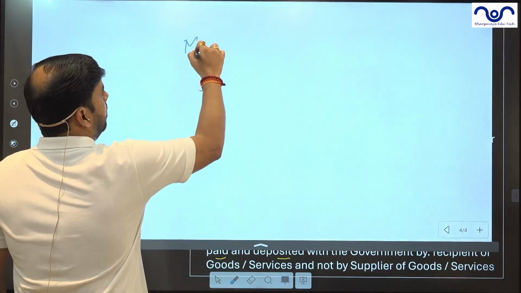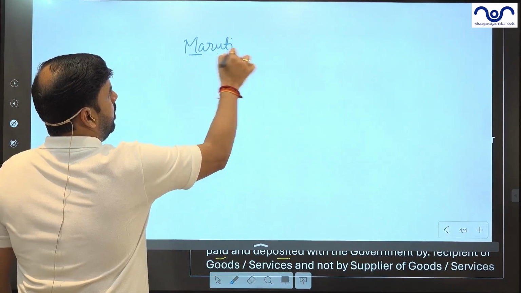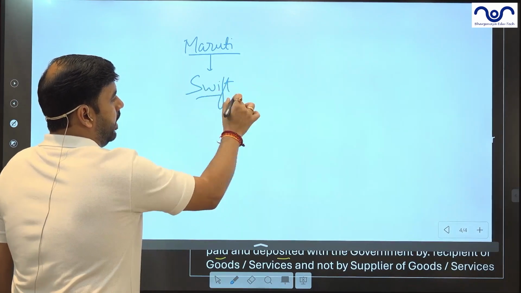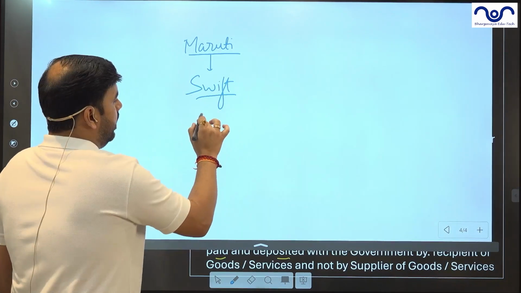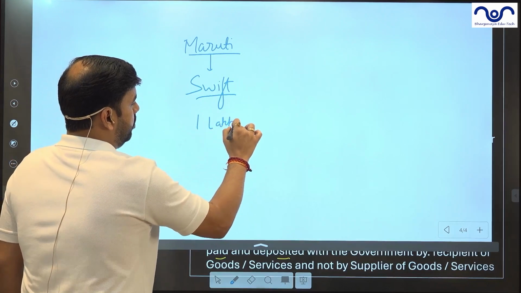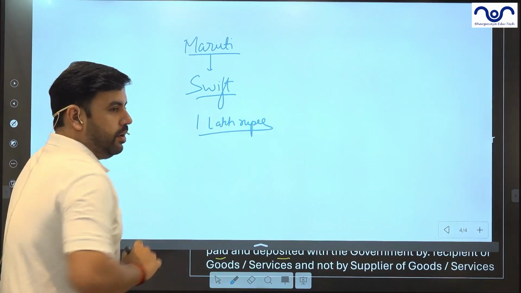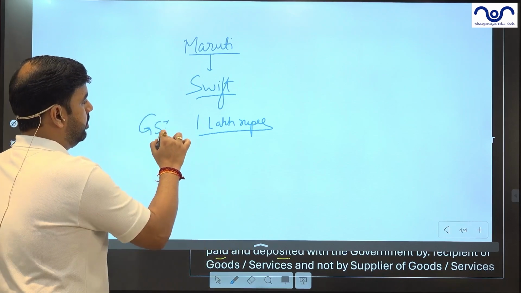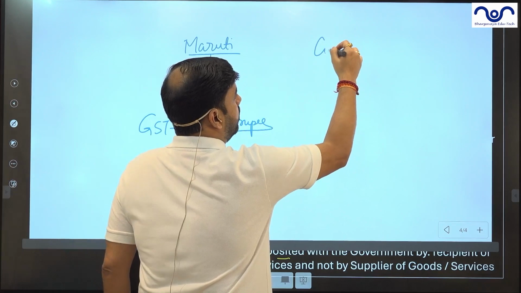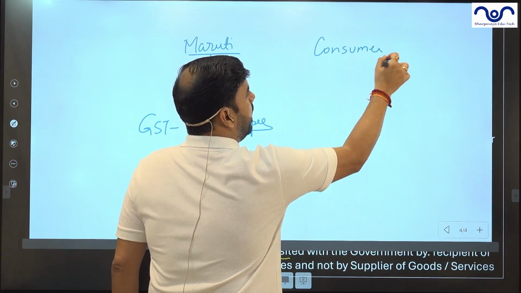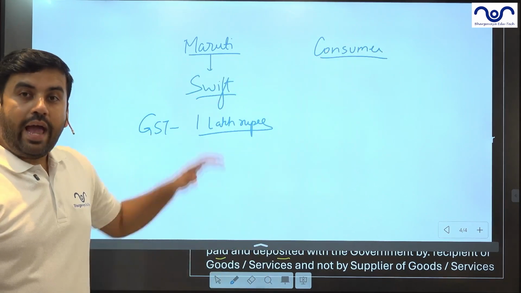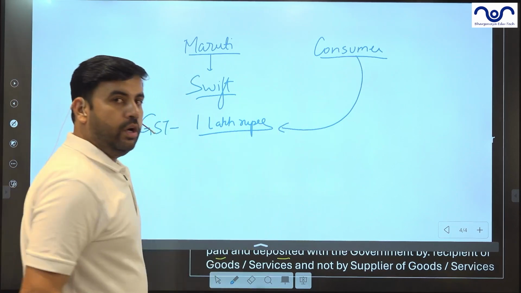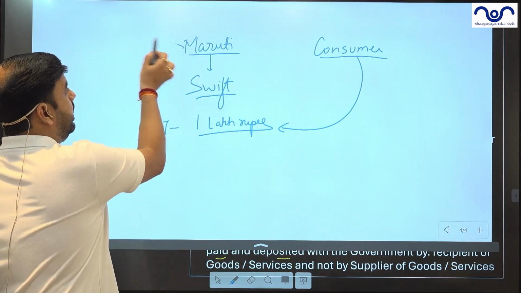Let's say there's a company known as Maruti. Now Maruti is selling a car, the Swift. And the GST on this car, I'm assuming, was 1 lakh rupees. This is your GST. Now here you have the consumer or the buyer of this car. Normally this GST of 1 lakh will be paid by the consumer to Maruti, and Maruti will then pay it to the government,